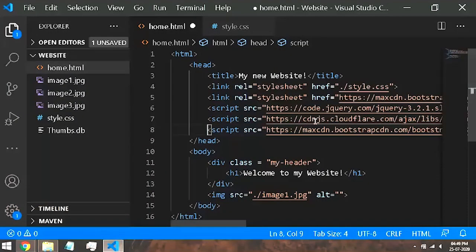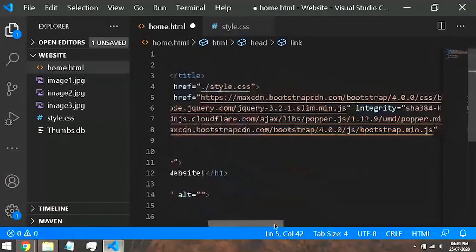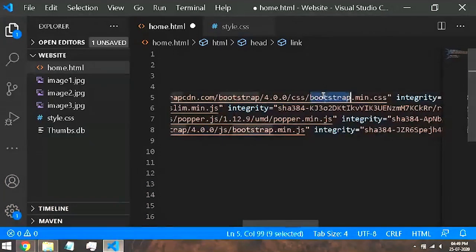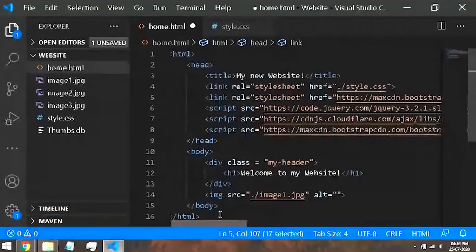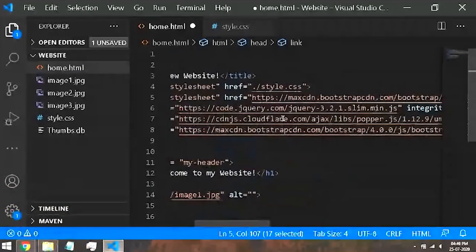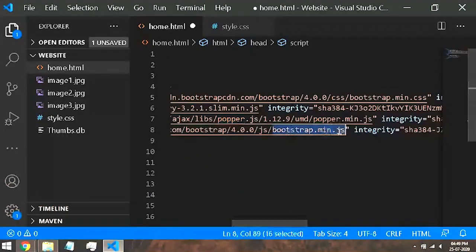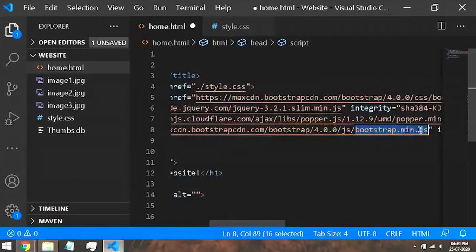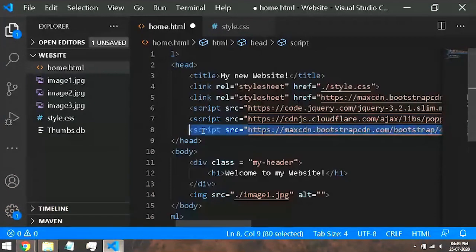So we have included Bootstrap into our web page. One is the CDN of the CSS file. Here you can see bootstrap.min.css. Then we have included 3 script tags. One is jQuery, one is popper.js, and one is bootstrap.min.js. These JavaScript files are added for giving animations to your web page, like I showed you in the Revolution website.